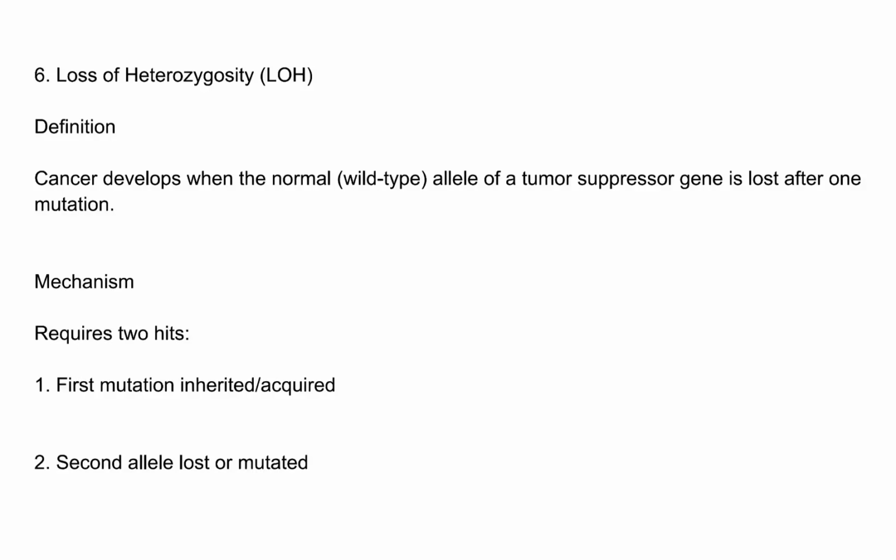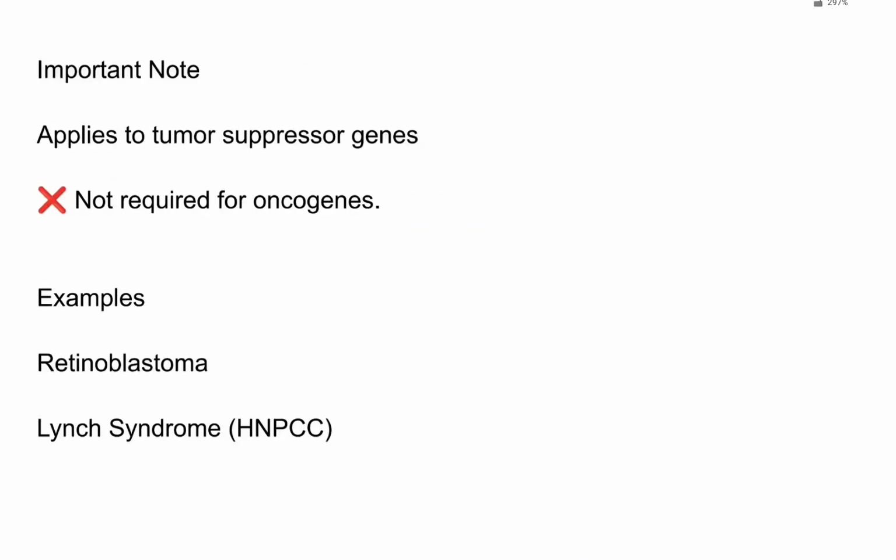Loss of heterozygosity or LOH. Definition: cancer develops when the normal wild-type allele of a tumor suppressor gene is lost after one mutation. Mechanism: it requires two hits. First mutation, that is inherited or acquired, and second allele lost or mutated. Important note: applies to tumor suppressor genes, not required for oncogenes. Examples: retinoblastoma and Lynch syndrome (HNPCC). So these two are examples of